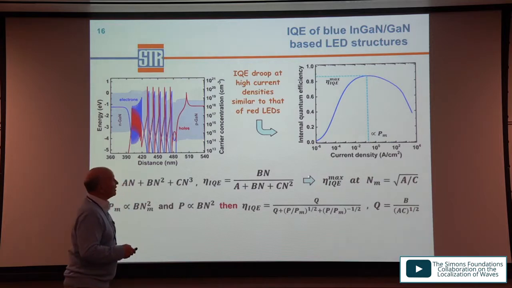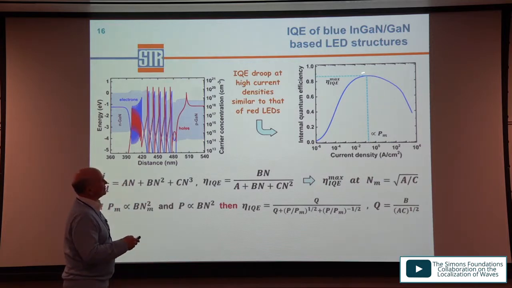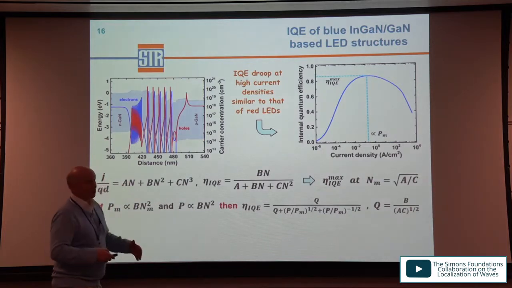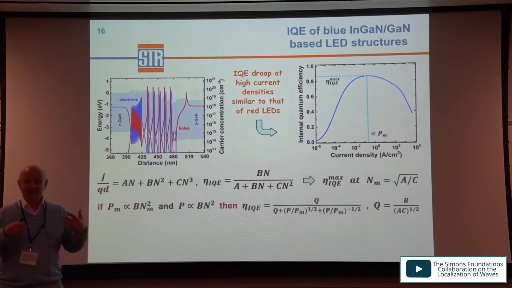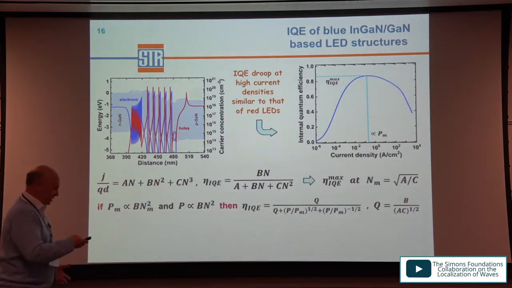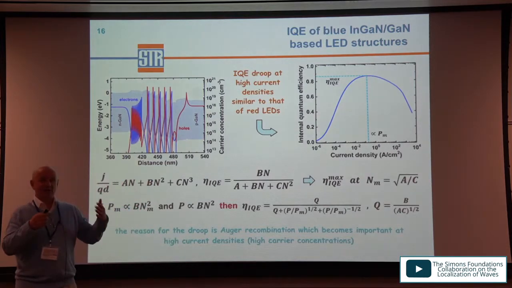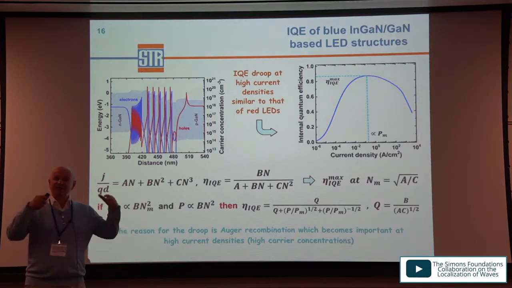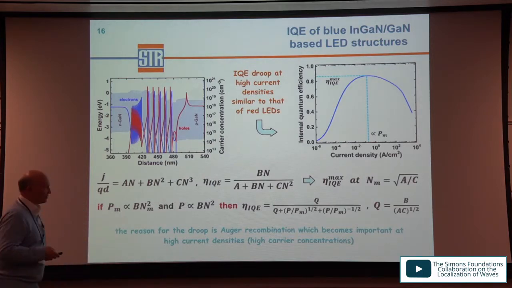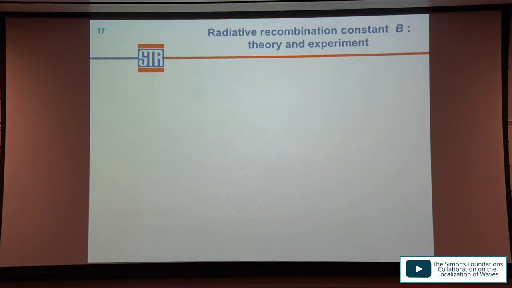So at this part of the curve, we see dominating radiative recombination, and in this part the Auger recombination comes into play, and it decreases the internal quantum efficiency of the LED. Well,